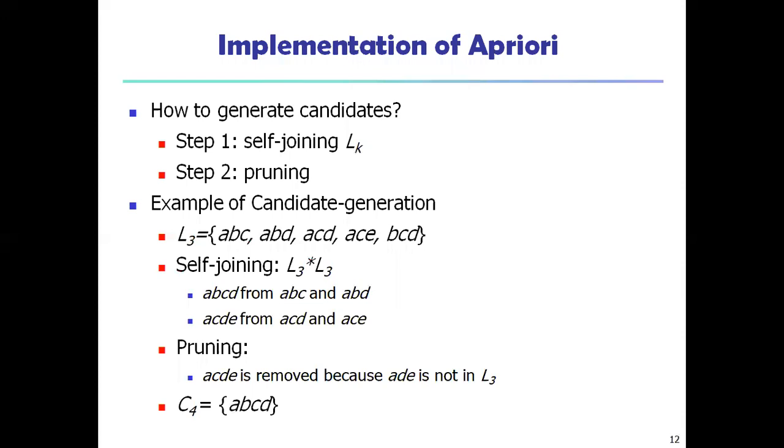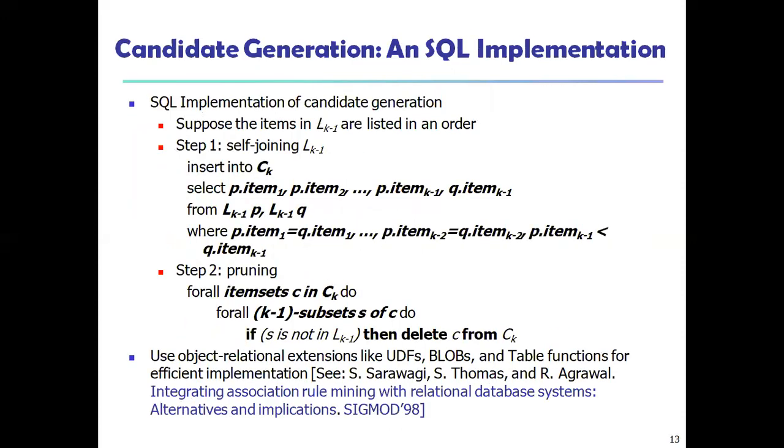And then how to do the candidate generation. Suppose in L3 we have ABC, ABD, ACD, ACE, BCD. This is the way we have generated. After generating, you have to self-join the sets which have the combinations. That is L3, when 3 items have been combined with 3 items. And from that we can go for 4 items. Like this it will happen in multiple ways. And pruning is if any item is not matching in that value, it has to be eliminated. So find how many items will be combined together. So this is a simple SQL thing.